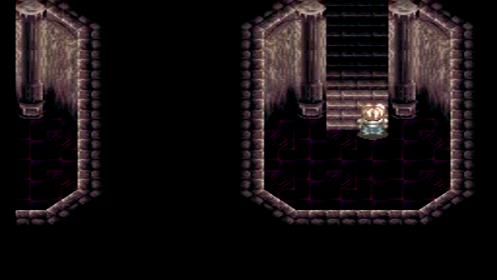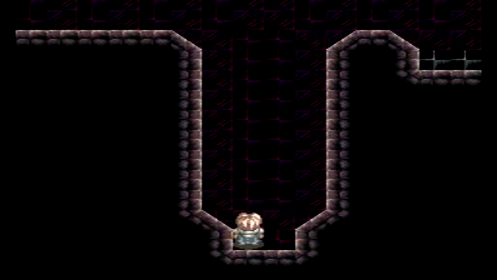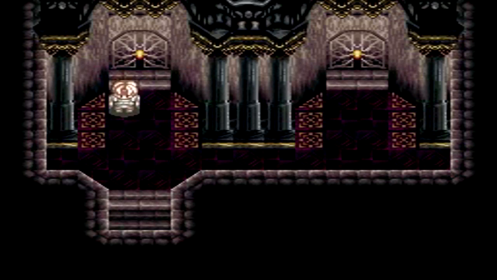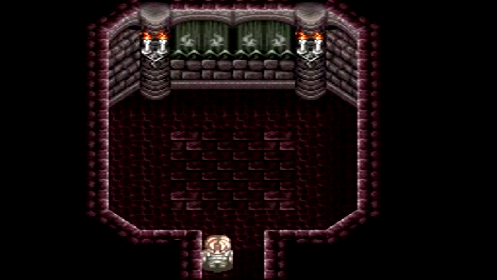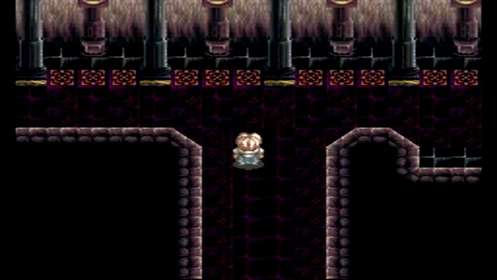Okay. Let's head over here, and I think this is the pathway we need to take. Okay, let's go inside this door. But what about the other one? Where does it lead to? Oh, there's nothing. Okay, so let's go ahead and head in here and see what we can find. If we go in here...